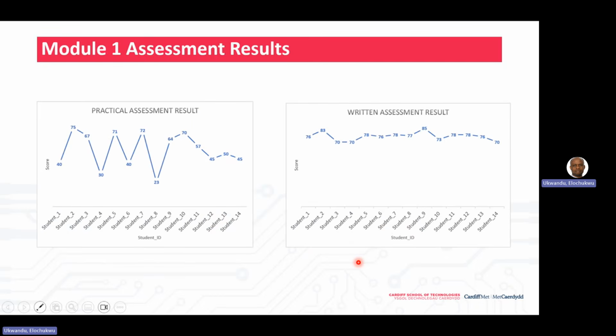An example of what I'm trying to say: I did some assessments, written assessments, presentation assessments, and practical assessments, to see how students perform. In the practical assessment, you can see the ups and downs in performance. But in the written assessment, they're almost all at the same high grade. So you can't assess learning by this.